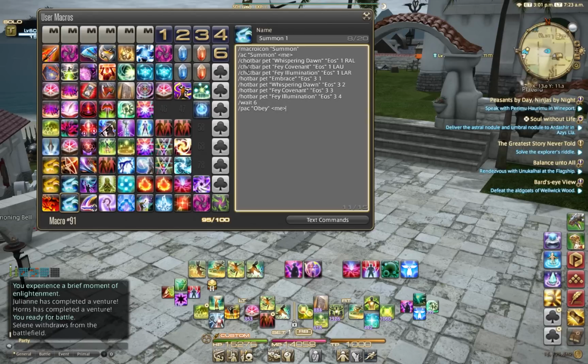Summon, and then you can see the cross hotbar, pet, Whispering Dawn, Eos, what cross hotbar, and then the positioning: RAL, LAU, LAR. So LAU and LAR are these two positions. And I'll also include the link to Square Enix's listing where you can easily find those positions as well. Then you can see that I'm macroing, then Embrace, Whispering Dawn, Fey Covenant, and Fey Illumination to